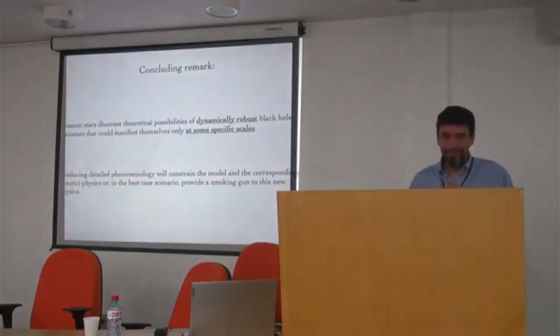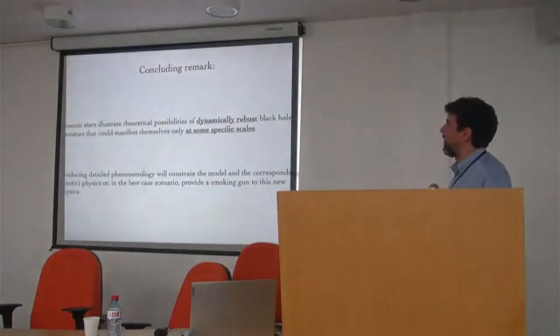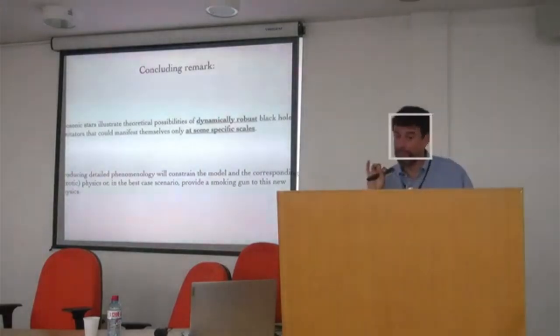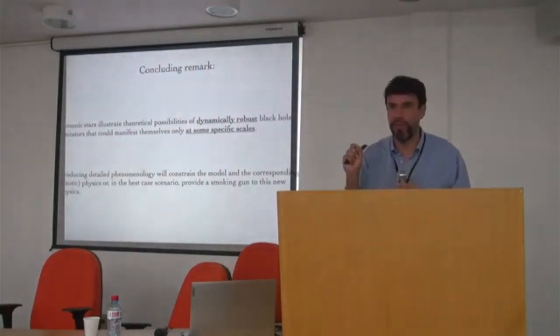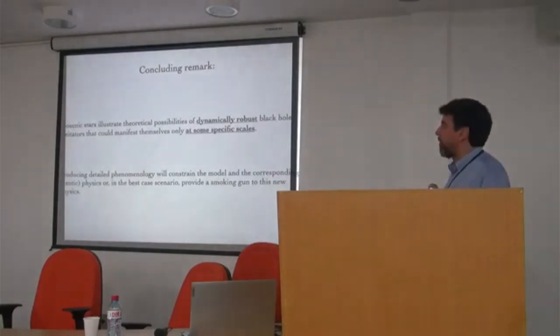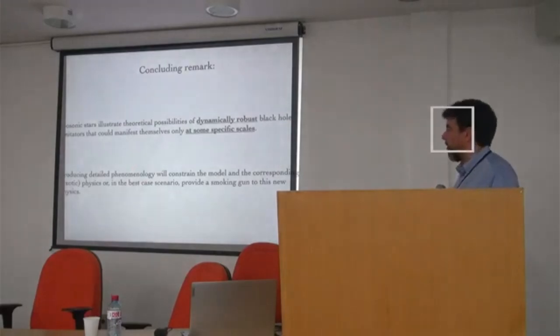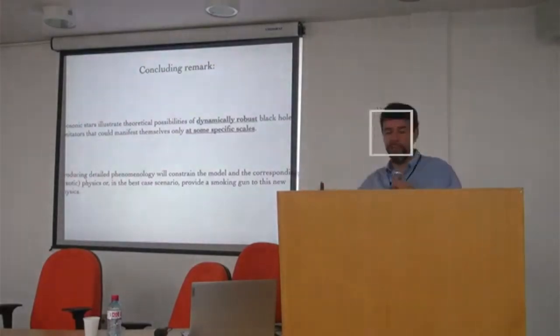So bosonic stars illustrate these theoretical possibilities. I didn't emphasize this too much in my talk, that there are dynamically robust black hole imitators that manifest themselves only at some scales, and this goes into the question of the universality of the Kerr hypothesis. And then producing detailed phenomenology will constrain the model and the corresponding exotic physics, or in the best case scenario, provide a smoking gun for new physics, and this is what I was trying to illustrate with the other example